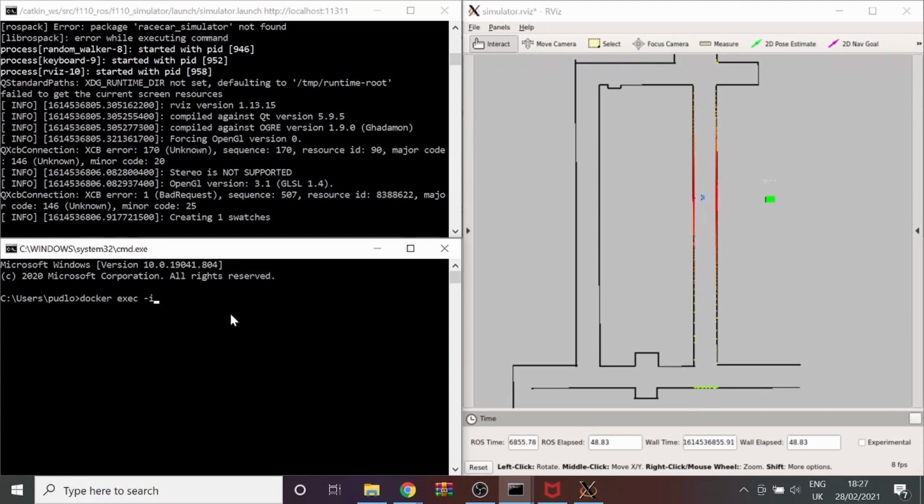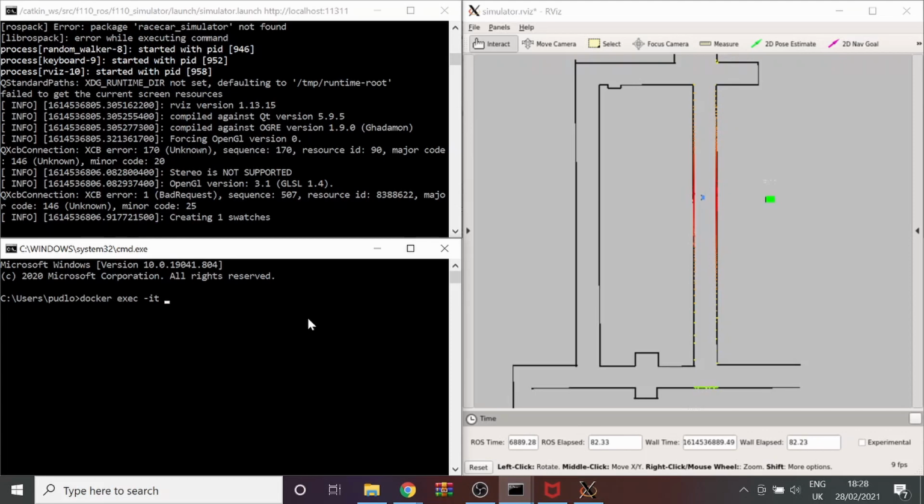What we're actually doing is running a command on the Docker container, and the command we're running is bash. So it's basically like starting a new terminal. And what allows us to continue to interact with it is this -it, which just means interactive. So it's going to be docker exec -it,